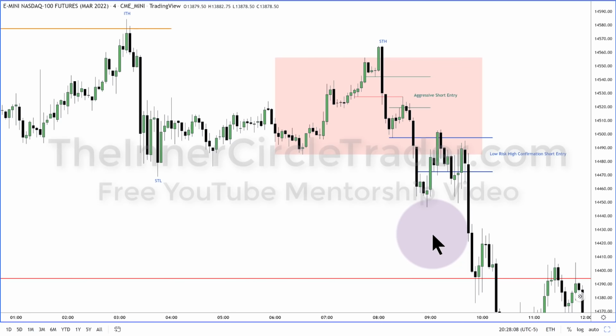Just look for down close candles to support price higher. So in other words, price swings that are bullish, down close candles are your support. In price swings that are bearish, up close candles are your resistance.